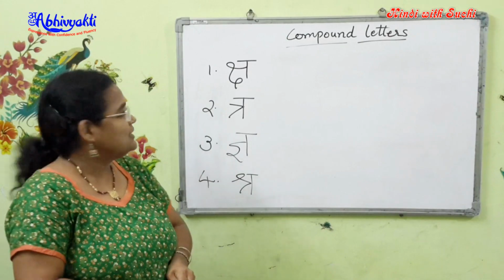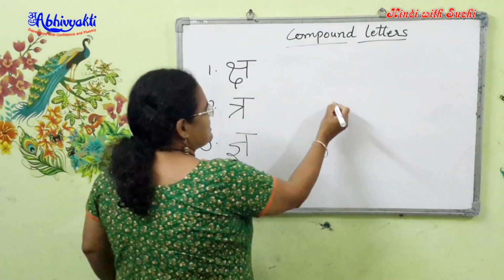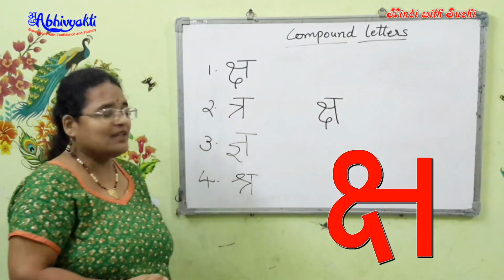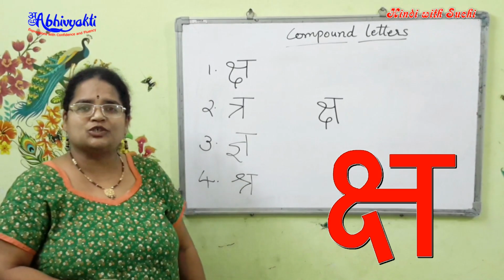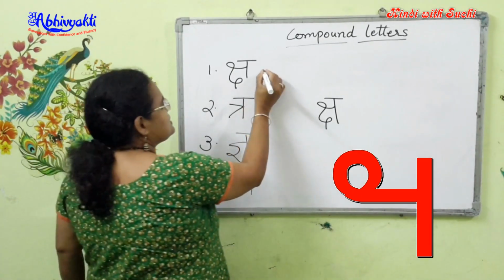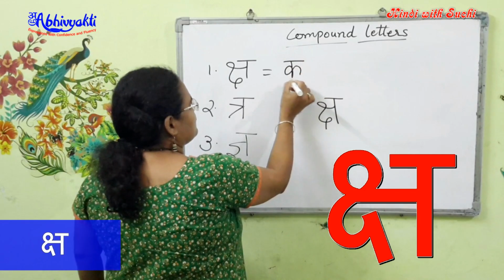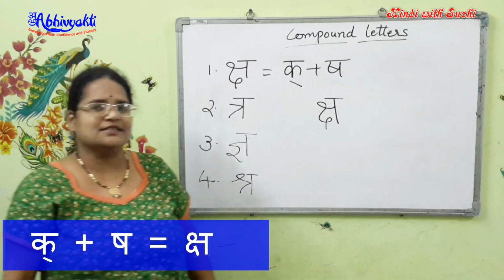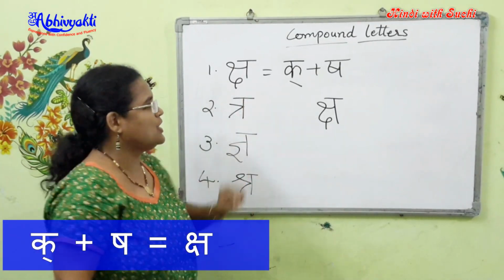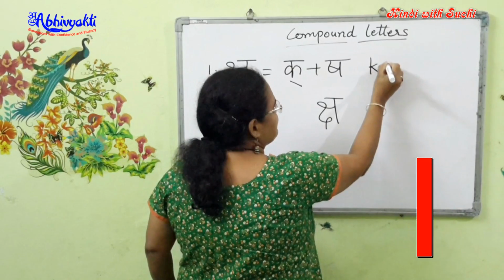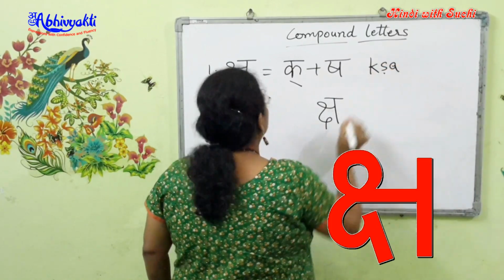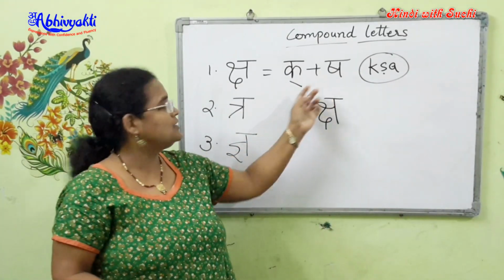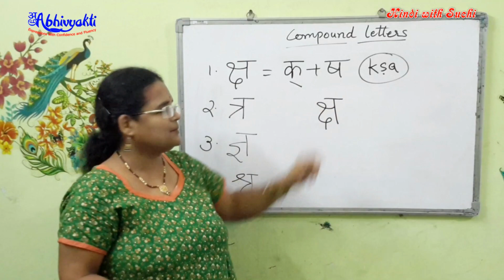The first one, yes, it looks very beautiful, isn't it? So you draw the stem line, a loop above and a loop below at the top line. And this gives me the character ksha, because this is the combination of k and sh. So these two characters give me ksha. So how do you pronounce them? You pronounce them like this. Ksha, ksha. Repeat. Ksha. So both of them together, ksha.